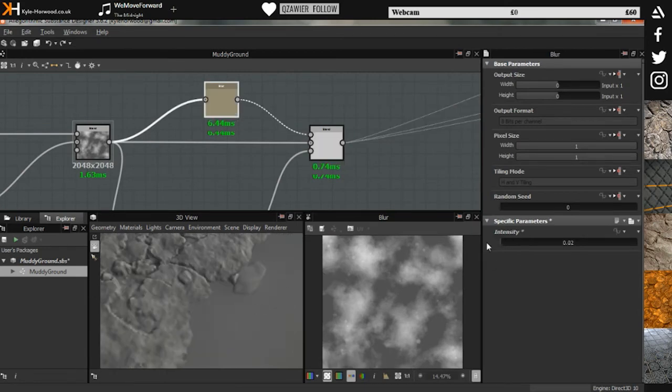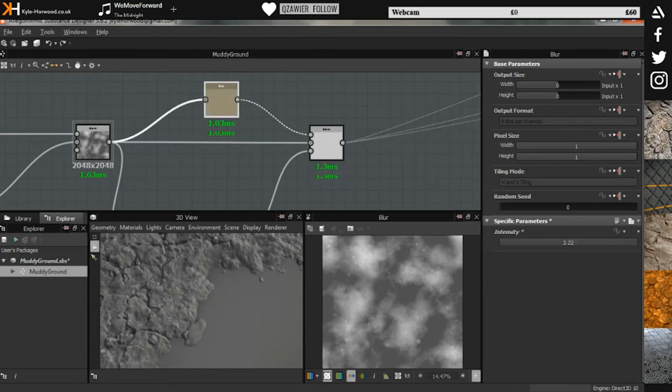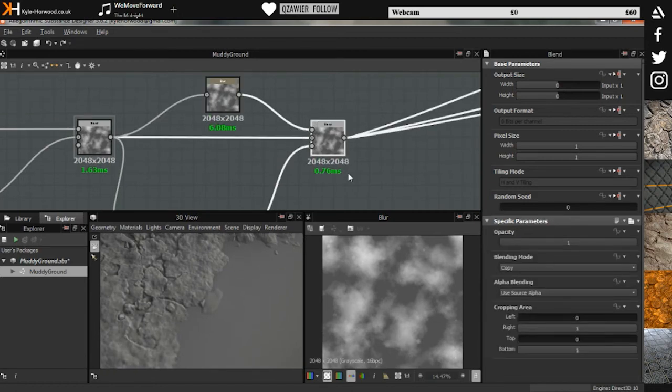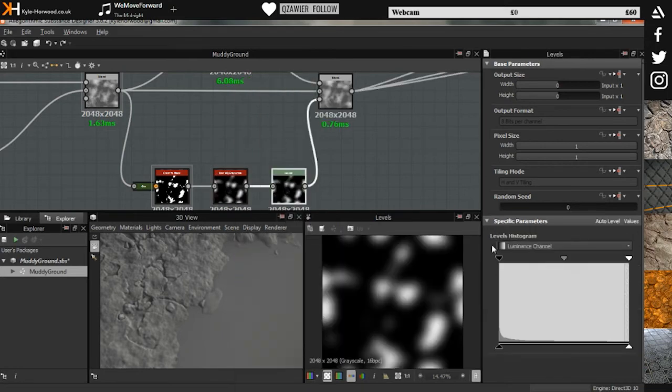My attempt here is, near the water edge it's a bit more blurry, so it looks like the water is kind of making the mud wet. So I probably need a